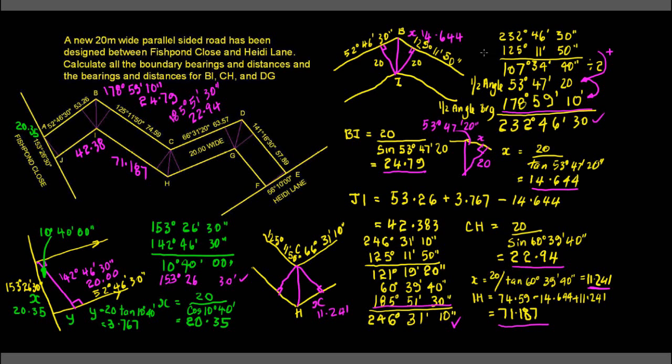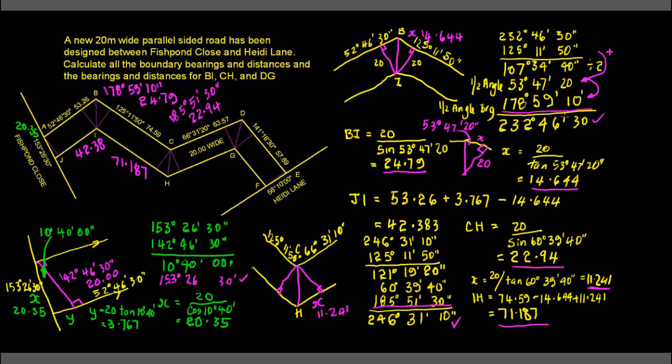So there we go, 232, 46, 30 going out this way, and 125, 11, 50 going this way. We take those away and we get 107, 34, 40. We divide that by 2 to get the half angle, 53, 47, 20. We then add that to this bearing here. 125, 11, 50 plus that is 178, 59, 10. Now that is the half angle bearing, 178, 59, 10, which I can write in up here,